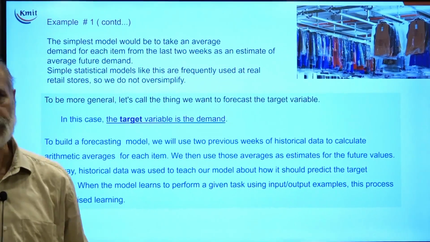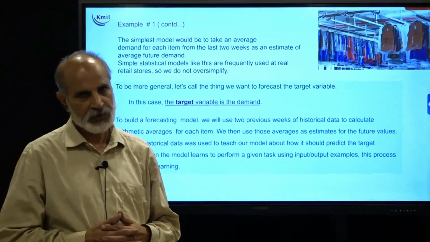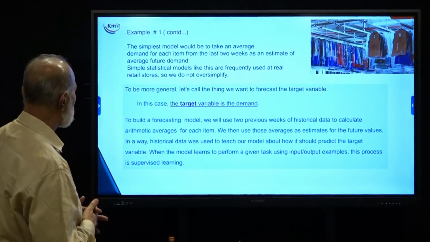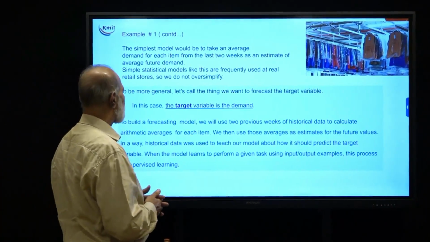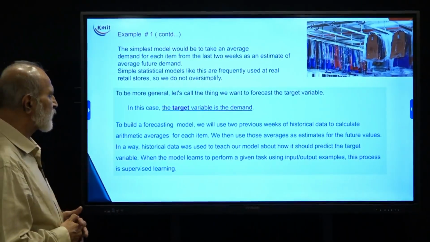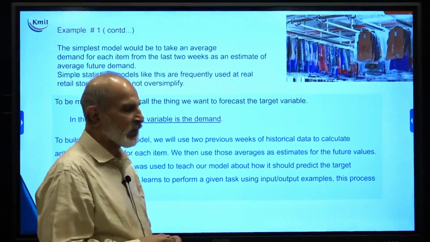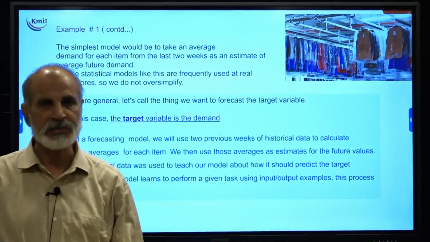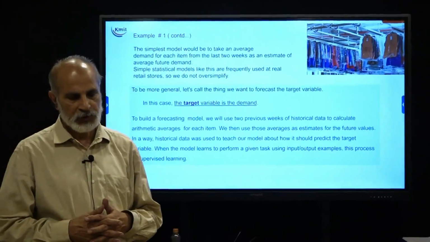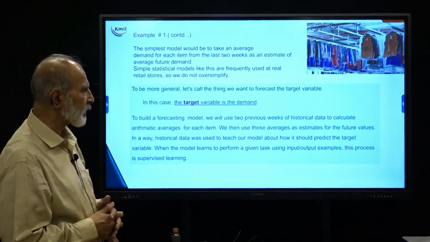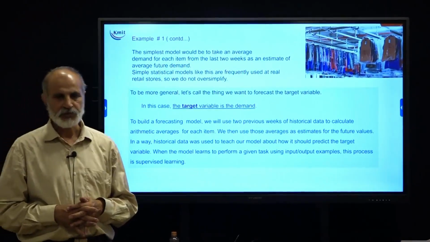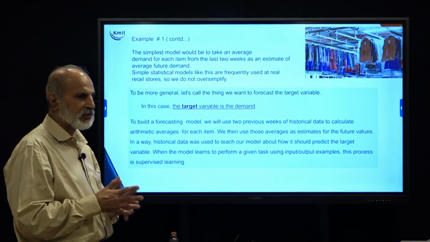Whenever I want to do future demand forecasting, or what we call predicting in machine learning or data science, statistical models like this are frequently used. To be more general, let us call the forecasted quantity a variable, and in machine learning and data science we call it the target variable. The target variable could be the number of items sold, the number of items bought, or the number of customers. Here, the target variable is a variable of demand.